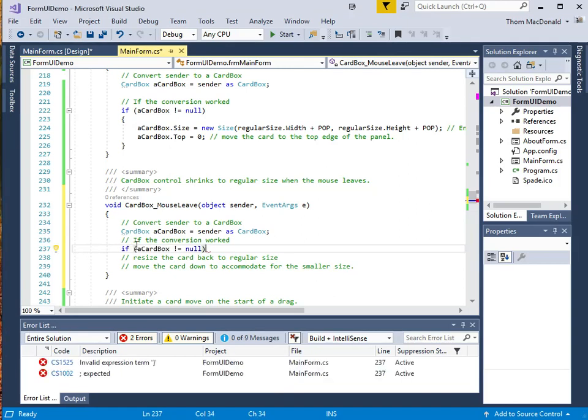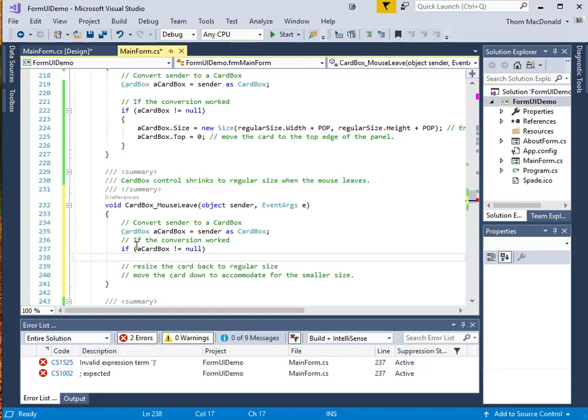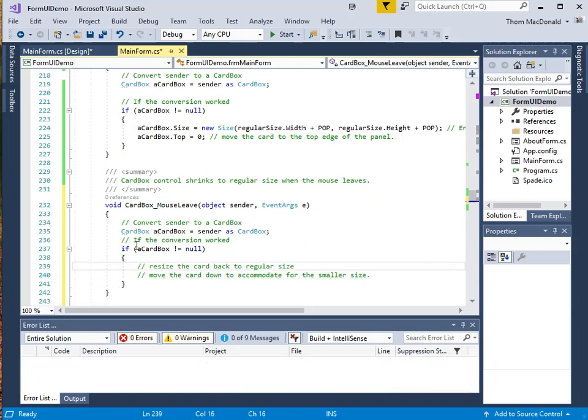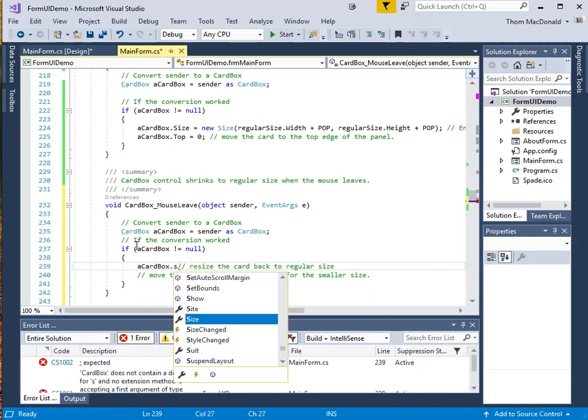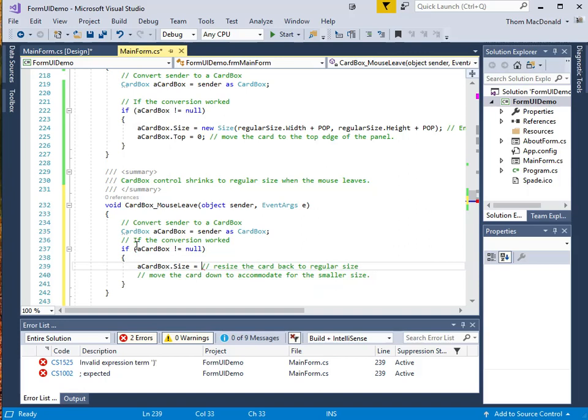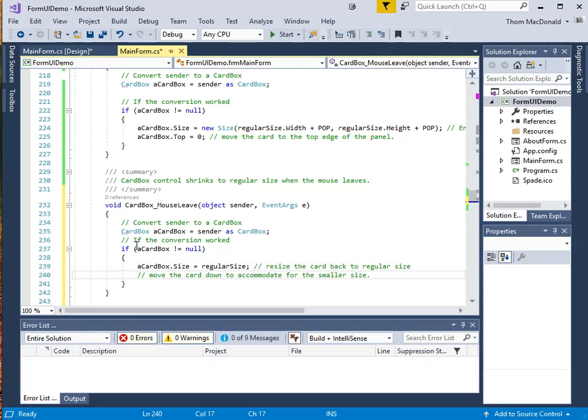So if a card box is not equal to null, what do I want to do? And I'm encapsulating those two comments there. I want to resize the card back to the regular size. So a card box dot size equals regular size. And then we're going to have to